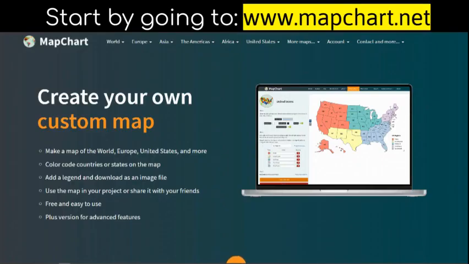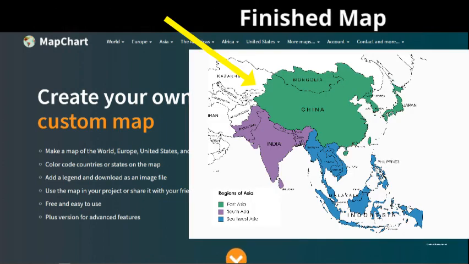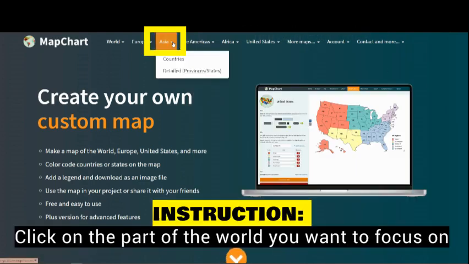Hey social science students, I'm here to give you a tutorial on how to use mapchart.net to create a special purpose map. For the purpose of this tutorial, we're going to create a special purpose map that focuses on the regions of Asia. So the first thing I'm going to do is find Asia at the top, click there, and